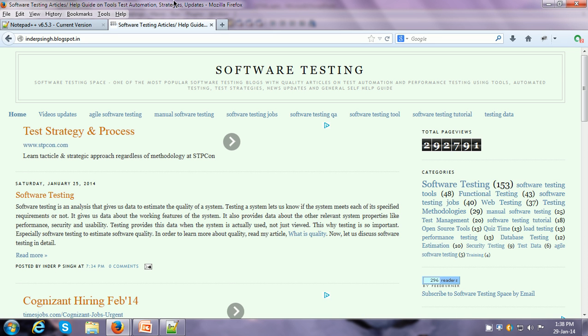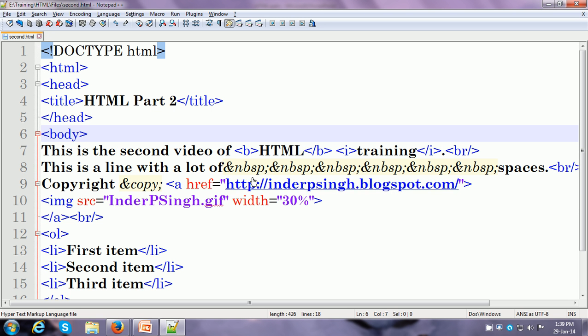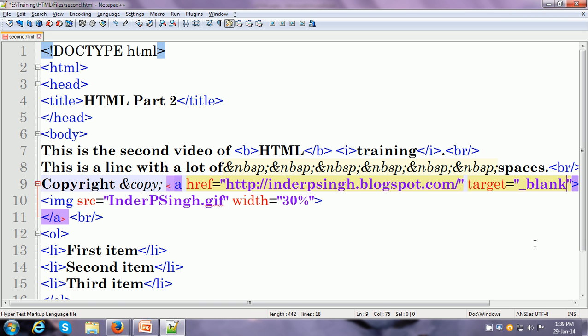Now one problem that you may have noticed is that as soon as I click on the link, it takes me to the URL that I have specified. Now sometimes we don't want it like that. Sometimes we just want the link to be opened in a new tab or a new window. So how we can do that is use another attribute within the a tag, and that attribute is called target, and we can give the value of the target as underscore blank.